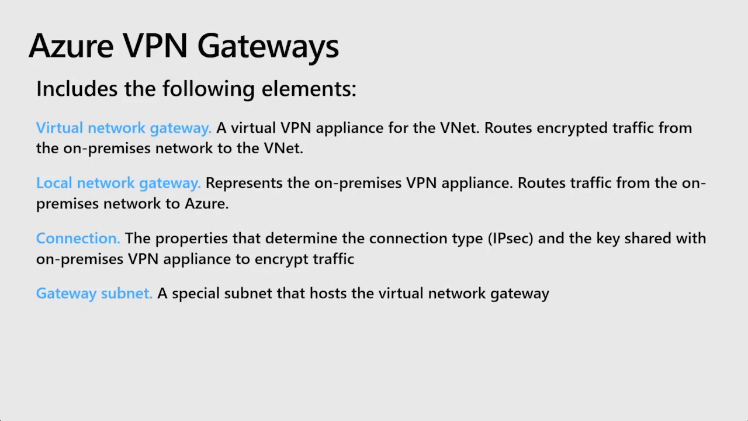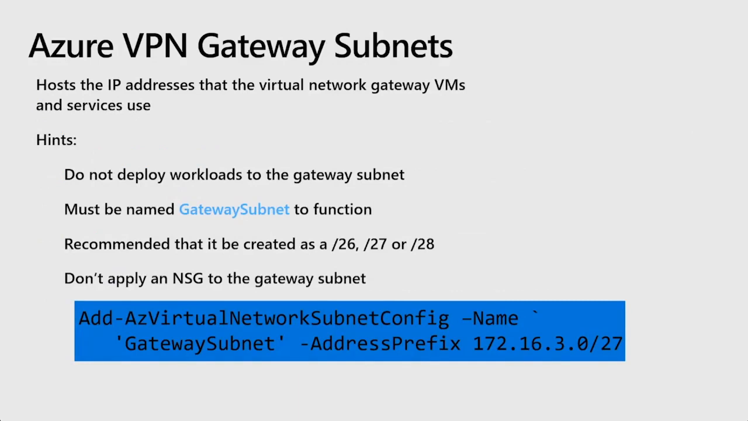Let's look at that a little bit more. The Azure VPN gateway subnets host the IP addresses that the virtual network gateway virtual machines and services use. So we want to protect this subnet. We don't want to deploy any other workloads into this gateway subnet, and we have to name it GatewaySubnet, all one word, for it to function as this VPN gateway. It's recommended that we use a /26, /27 or /28 subnet,